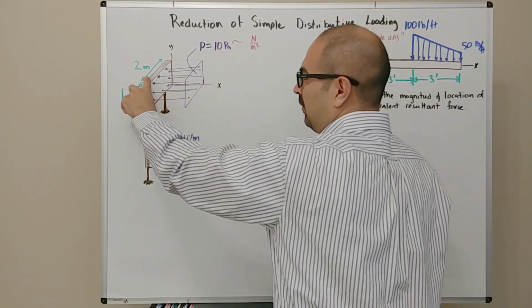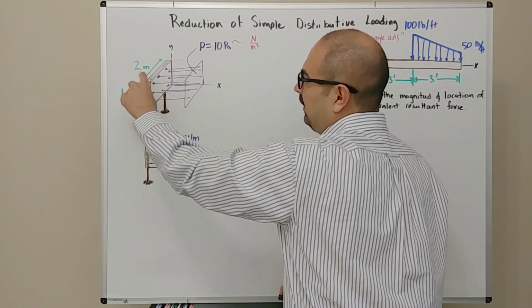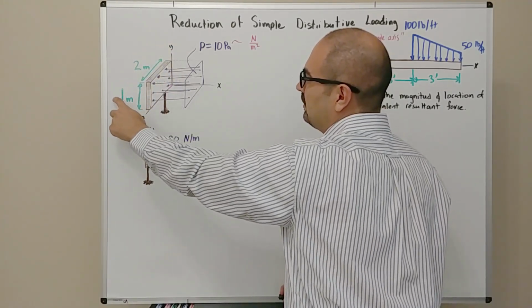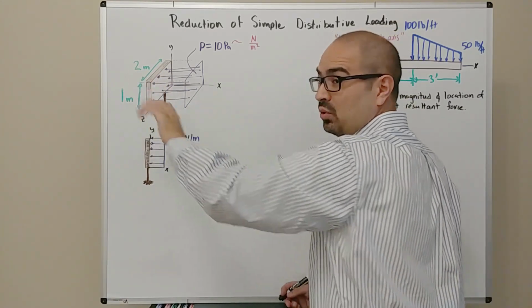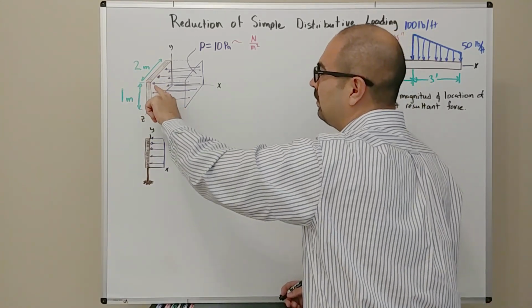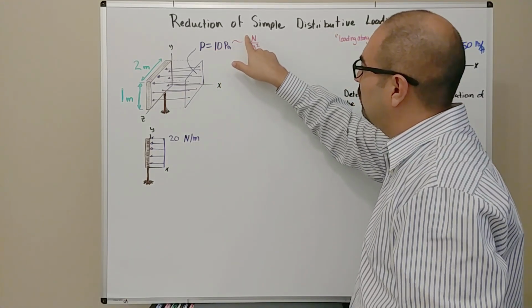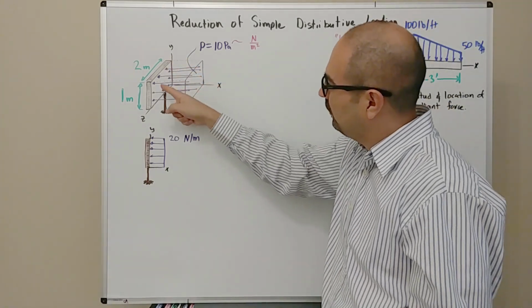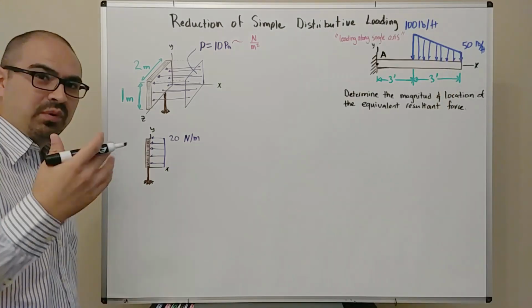So how much area do we have? We have 1 meter high, 2 meters wide. So 1 times 2 is 2. We have a cross-sectional area of 2 square meters. And if the pressure is putting 10 newtons per each meter, because we have 2 meters, the total force in here is going to be 20 newtons. We can solve this